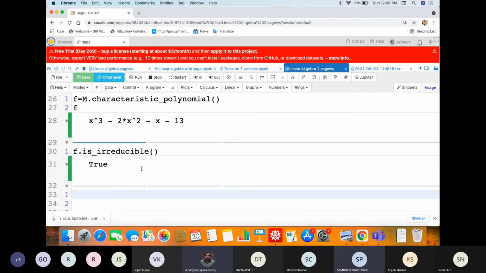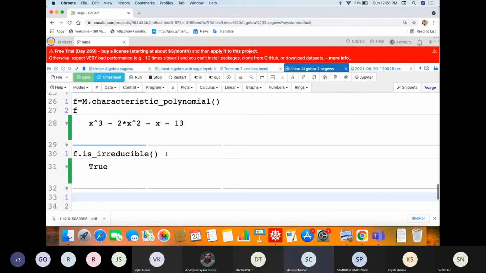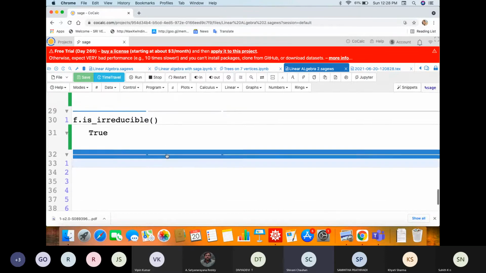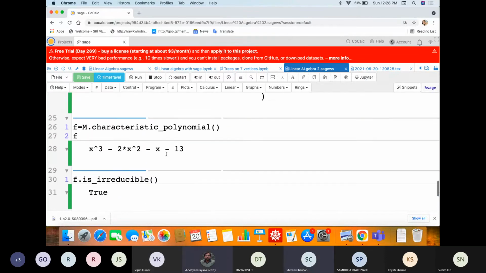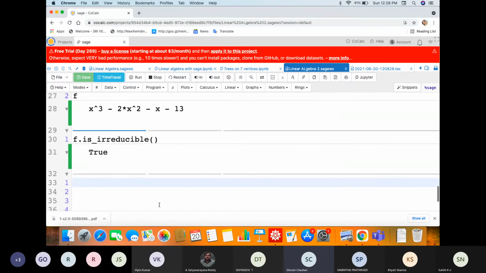Yes, Shivani. Sir, if we change the field over here, it will give us an answer according to that in the matrix. That is okay, but you already have the polynomial f, right?